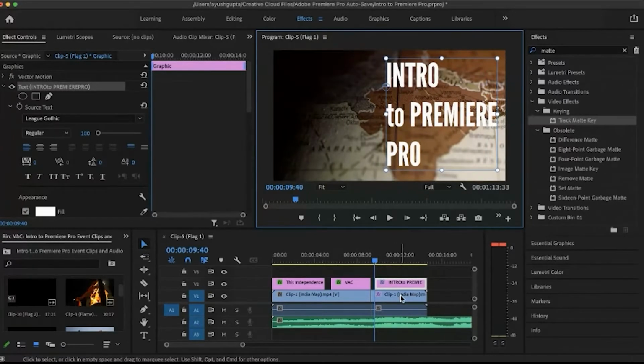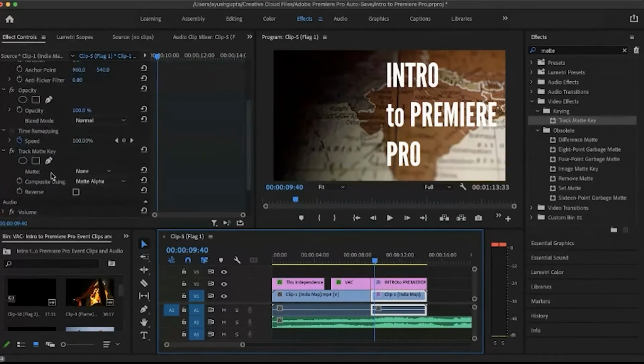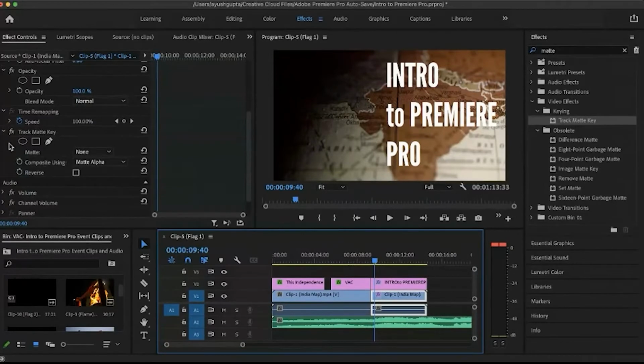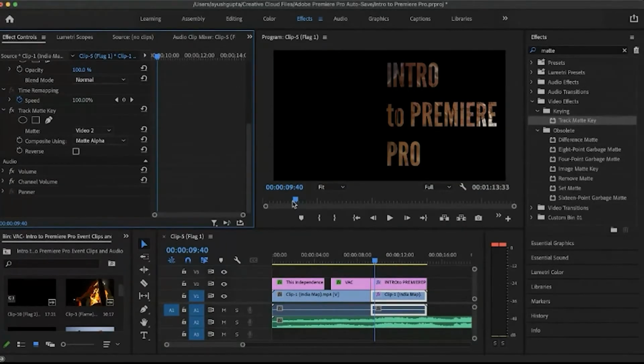Now click on clip 1. Go to effects control and scroll down under track matte key. You will see an option, matte option none. Click on the drop down and choose video 2. Now the effect is done.